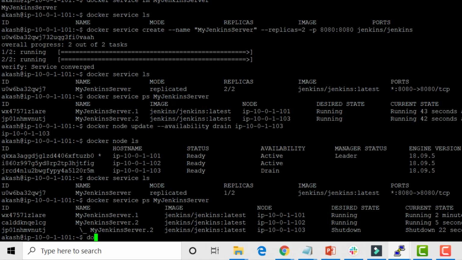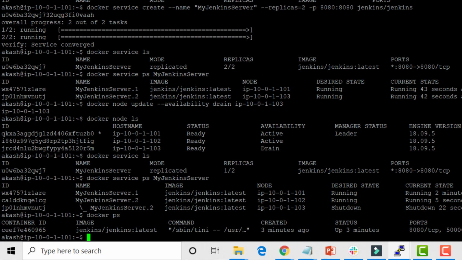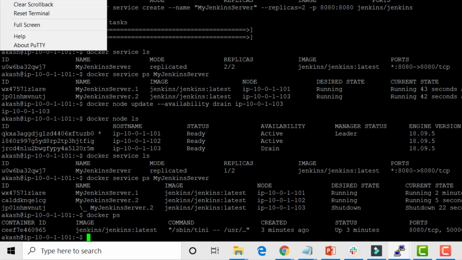If you try running docker ps, you can also see that your container is currently running in the master node. So there are two containers currently running. One container is running in the master node, that is over here, and one container is running in the first worker node. To see the container of the master node, you can just run the command docker ps in the master machine itself. And if you want to see the container running in the worker node, you can go back to the worker node.